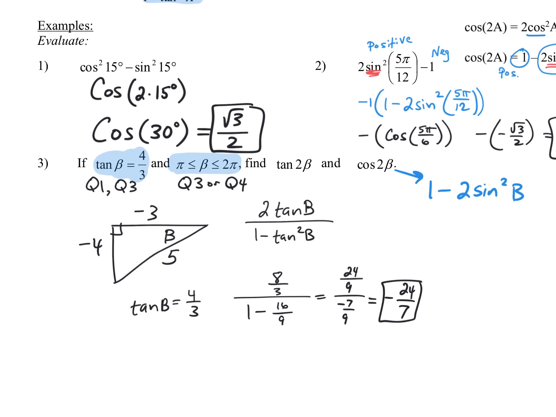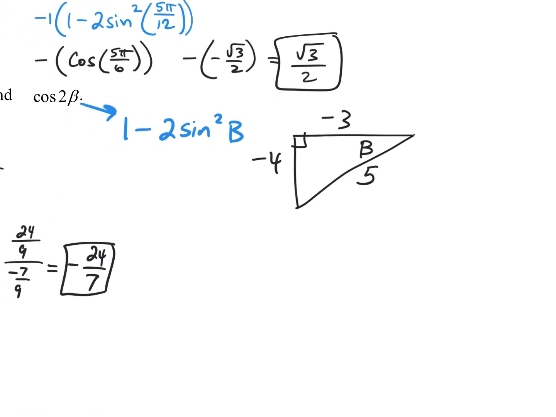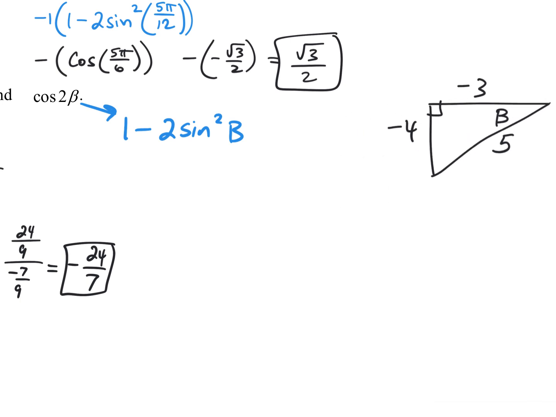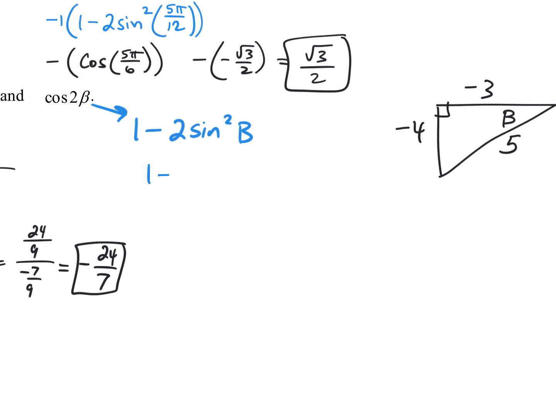And I'm just going to borrow my triangle again, just so we can have it all in one place. I'm using a little bit more real estate than usual on these practice problems, so I appreciate your patience here. So what I'm going to do is apply my cosine 2B formula here. So 1 minus 2 times sine squared of B. Well, sine here would be negative 4/5. So sine squared is going to get me positive 16 over positive 25. So I'm going to have 1 minus 32/25,